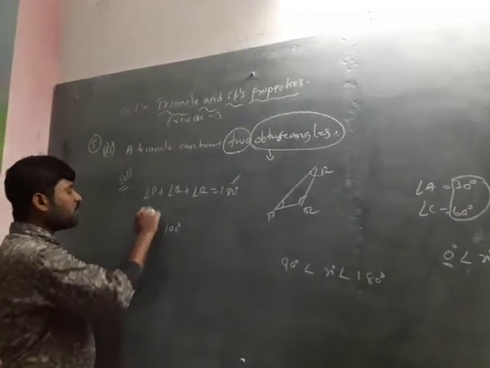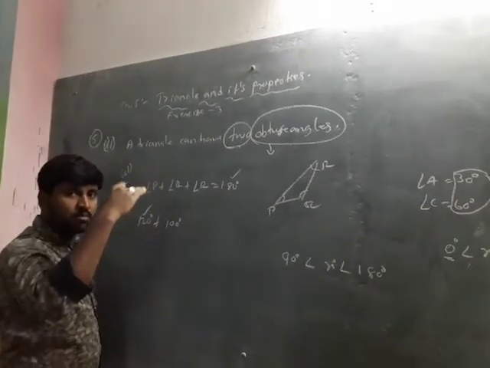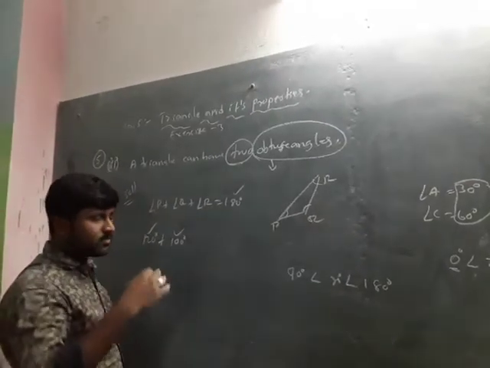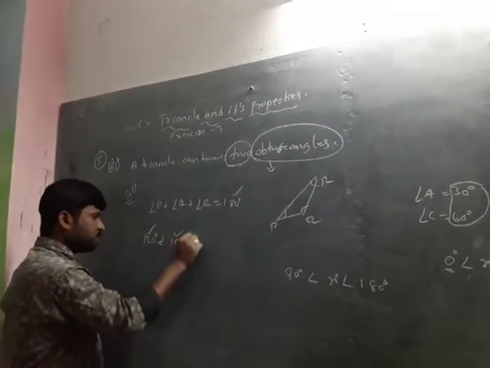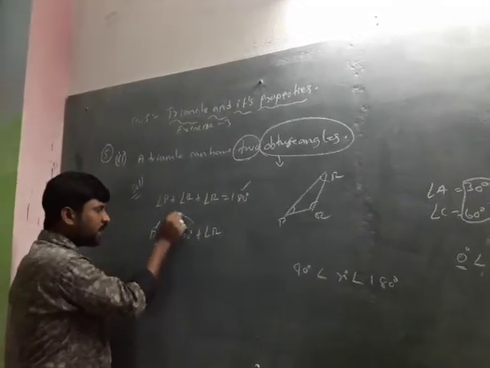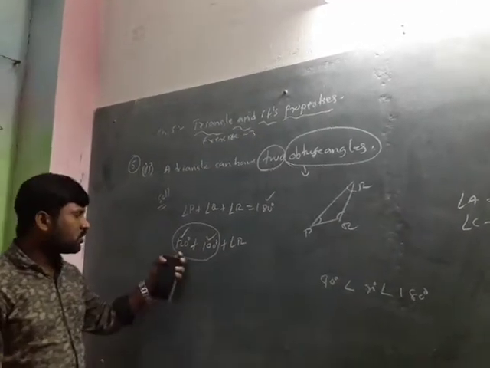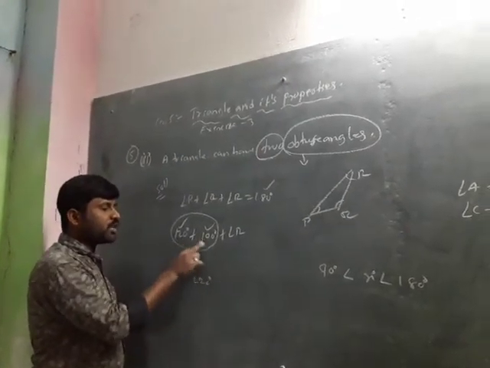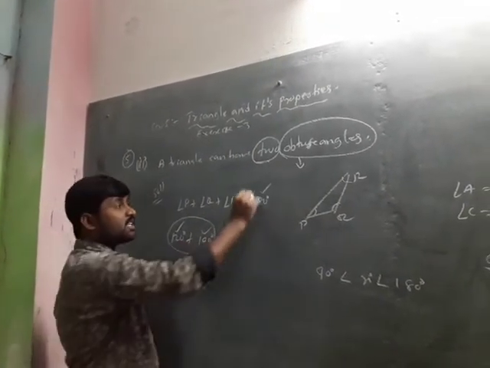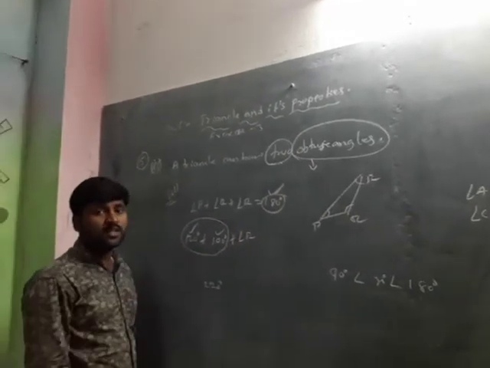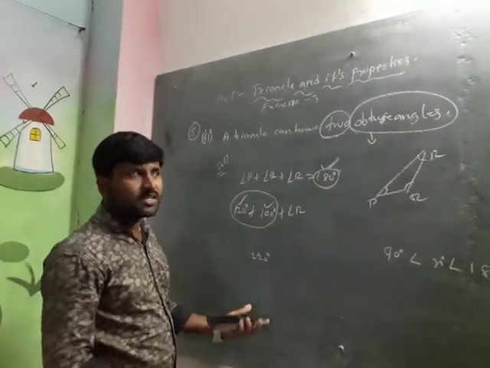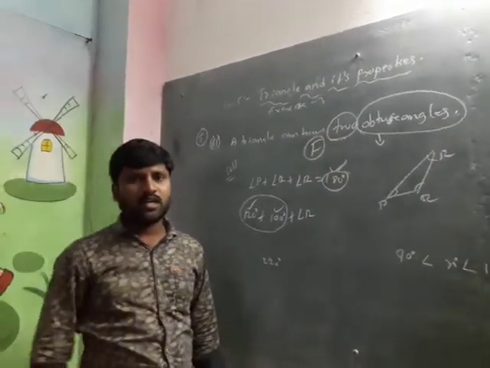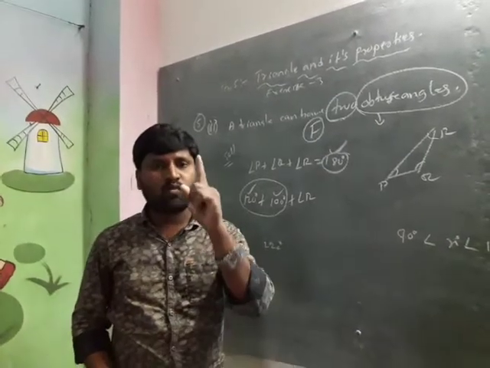సో ఇక్కడ 120 degrees above 90 degrees, below 180 degrees; 100 degrees above 90 degrees, below 180 degrees. ఈ టూ యాంగిల్స్ యాడ్ చేస్తేనే 120 ప్లస్ 100 అంటే 220 అవుతుంది. When I add these two obtuse angles, it is greater than 180 degrees. Then how is it possible? That's why the given statement is the false statement. A triangle can have only one obtuse angle.